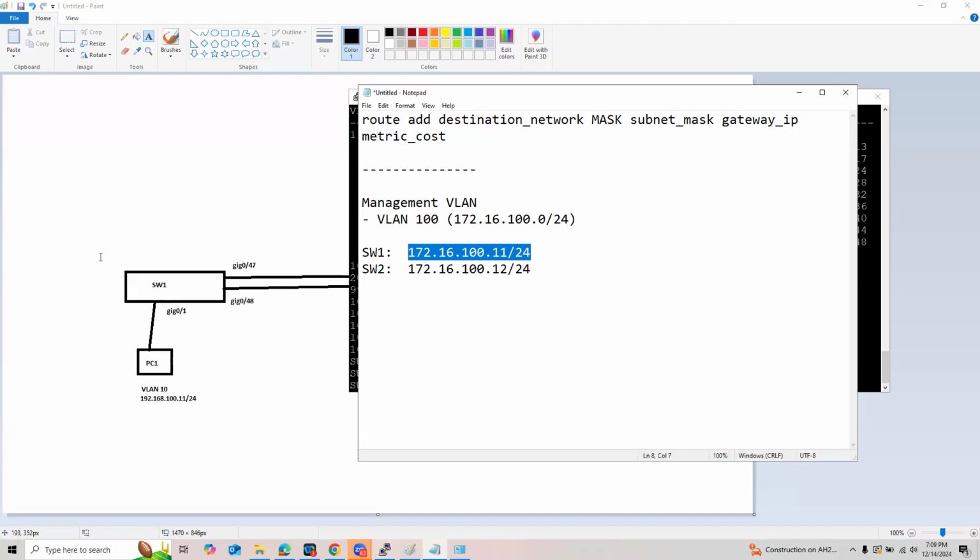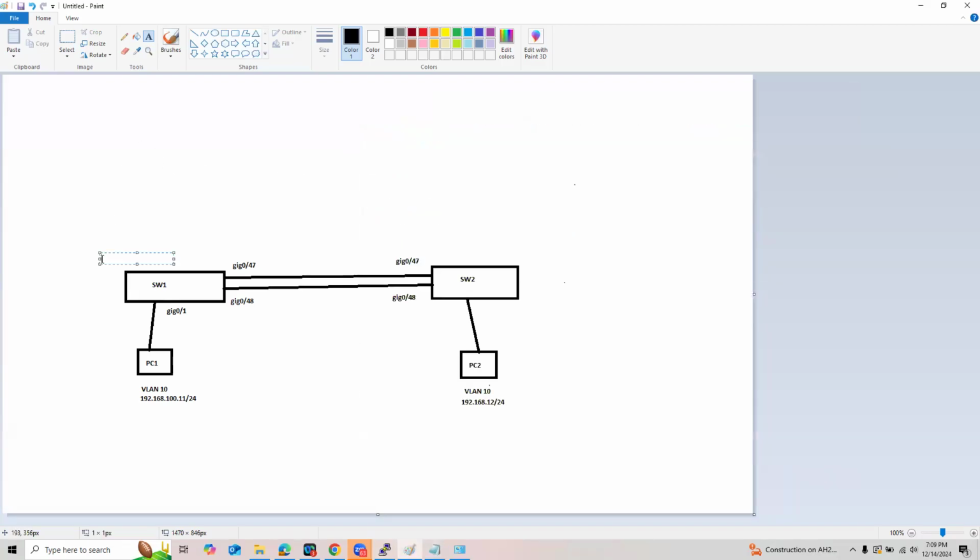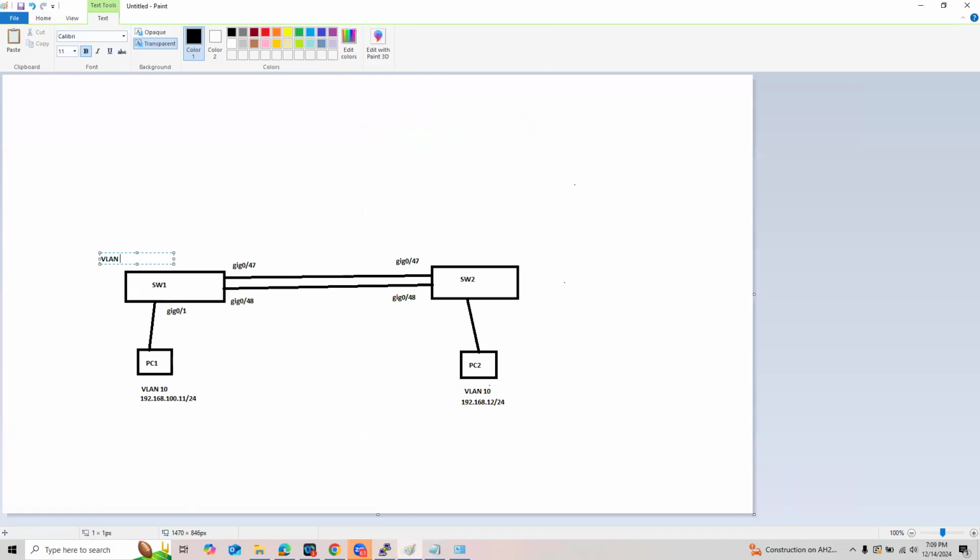This one will be for our VLAN 100 switch 1 IP address. All right.